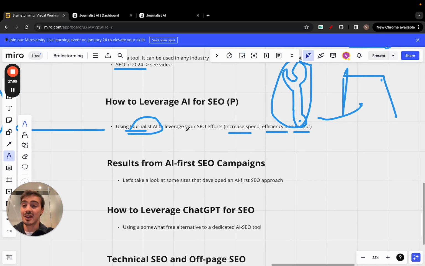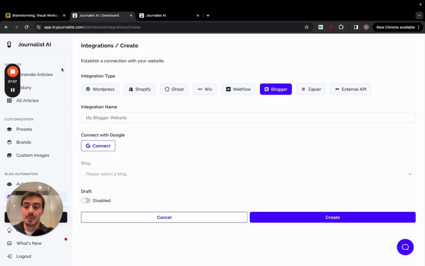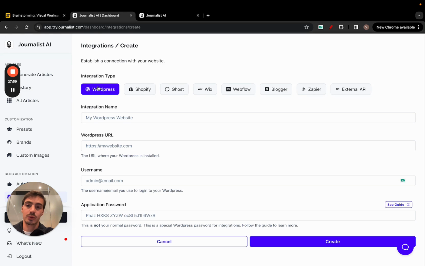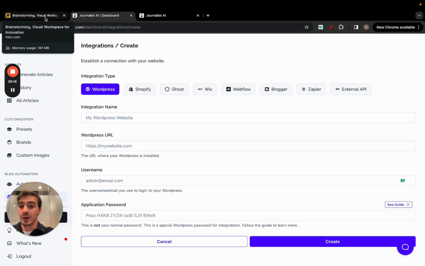Of course, this is a tool I've built as well, so like I said, I'm 100% biased, but it's the best tool on the market for leveraging AI, because with Journalist AI, you're able to increase, like I keep mentioning, the output, right? Increase the speed at which you can produce content, test stuff, put stuff out there. That's the best way you can learn: test, and test again, right? And again, you can produce content in over 150 different languages.